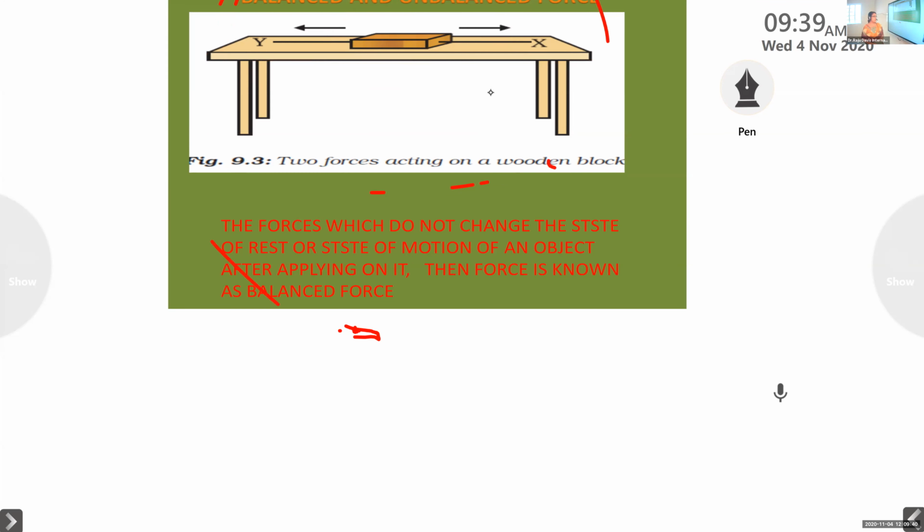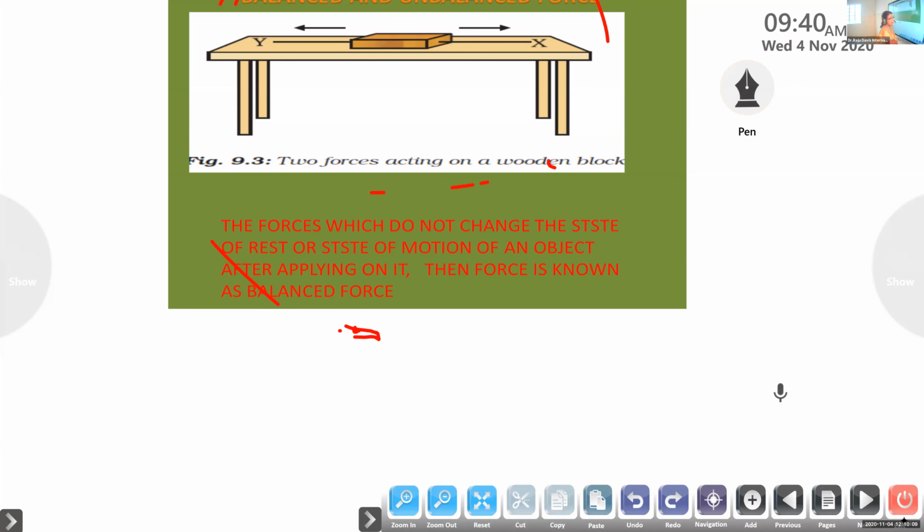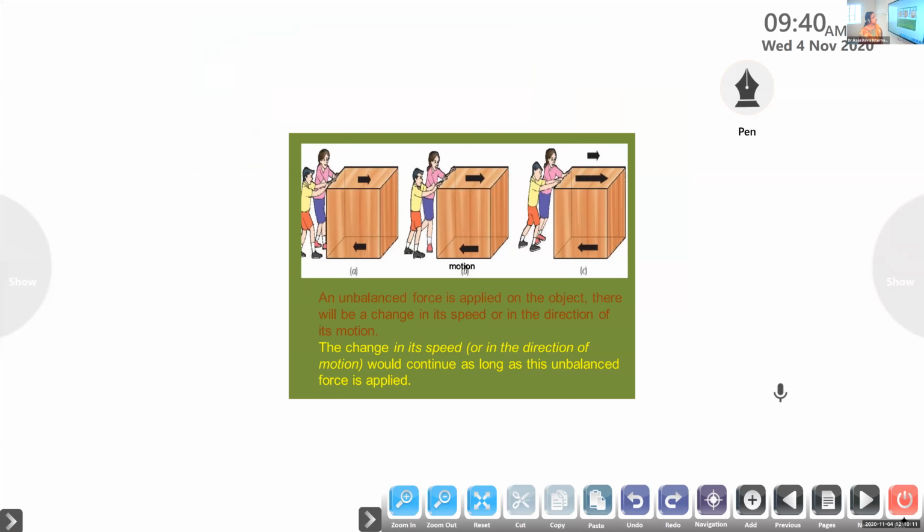So as we see, you are sitting on your chair. Someone pushes you, you may fall. But now nothing has happened to your body. The same effect: all types of forces are acting on you, but all of these cancel out equally and oppositely. So this is because of the balanced condition. A zero force balanced condition, we call it balanced force. Okay, so that is about balance and balanced force.